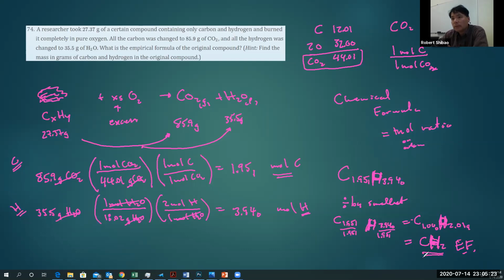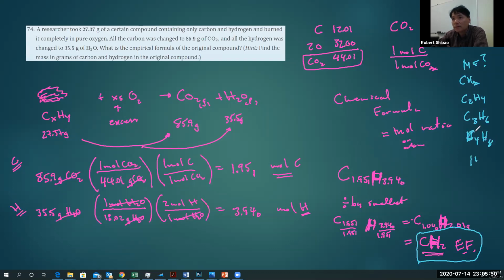Okay, so if the empirical formula is this, then what are our choices for the molecular formula? Then the molecular formula is going to be this. It's going to be CH2, that is, the empirical formula is the same as the molecular formula. Or it could be C2H4, or C3H6, or C4H8, or, gosh,